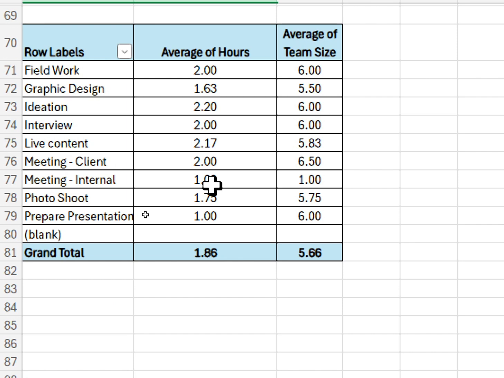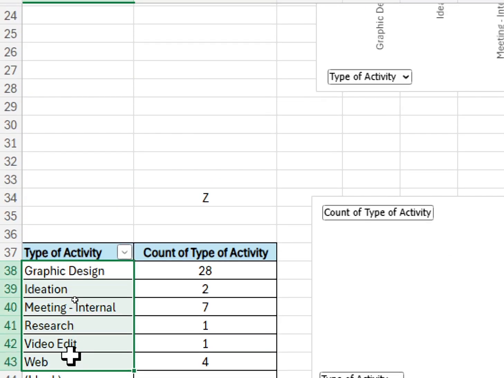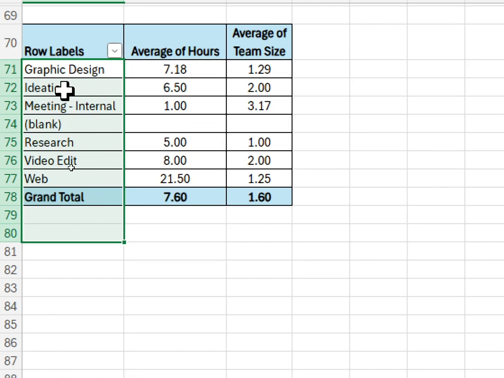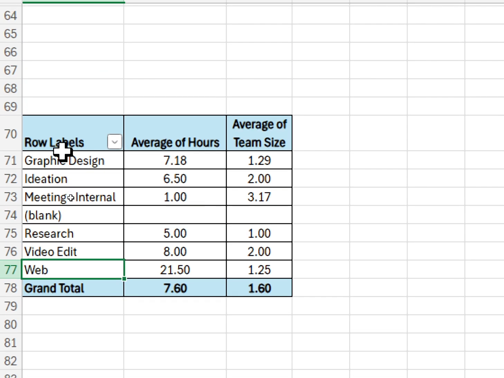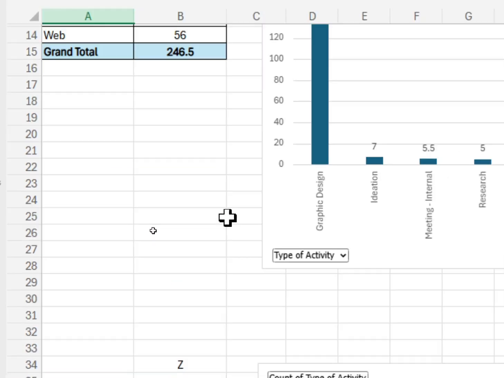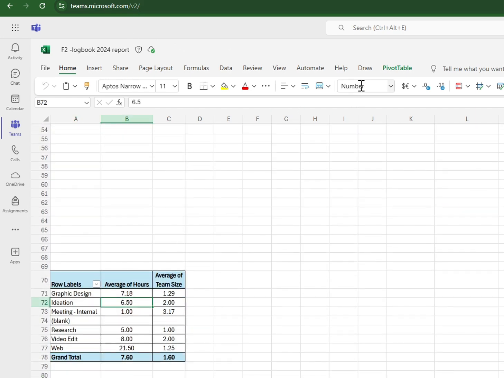Check the last pivot table. So the last pivot table, something is wrong, because if you look at the list here, it doesn't match the previous list in the second table. So actually all your tables should have the same list of activities. So this one, if you right click refresh, and if something is missing, you need to do the same step. I demonstrate again. So this one, the third pivot table, all you have to do is the same step: choose this table, click anywhere within this table, and then pivot table,